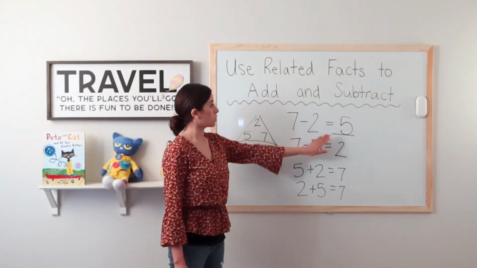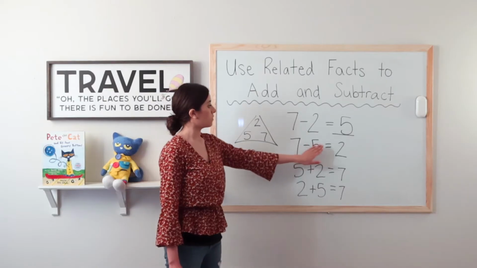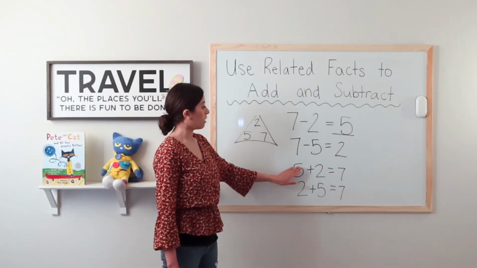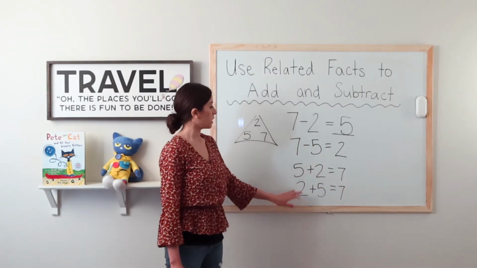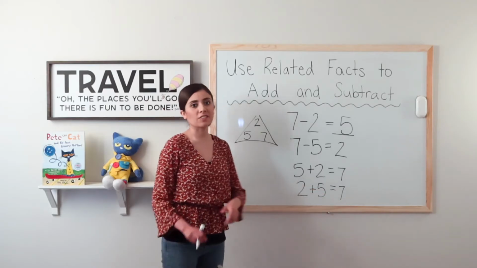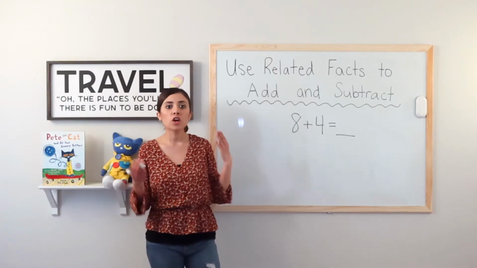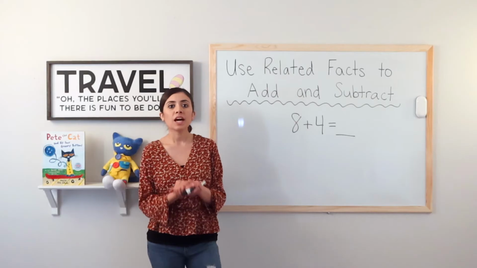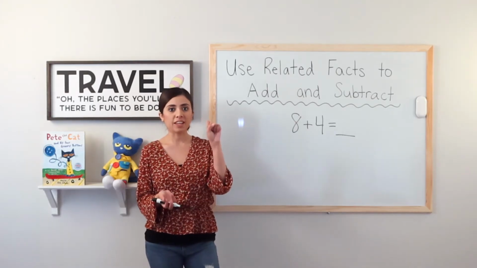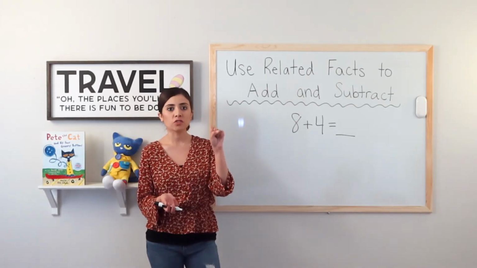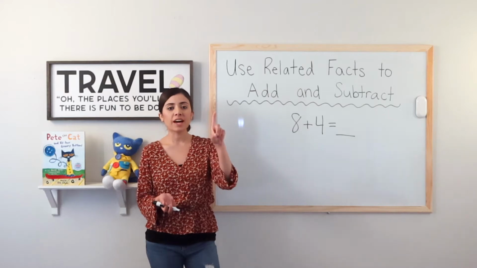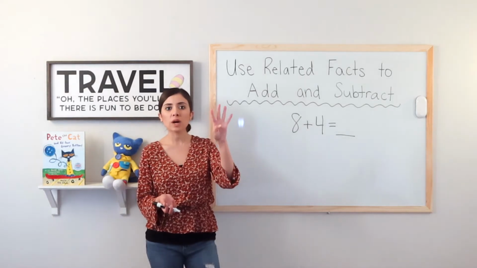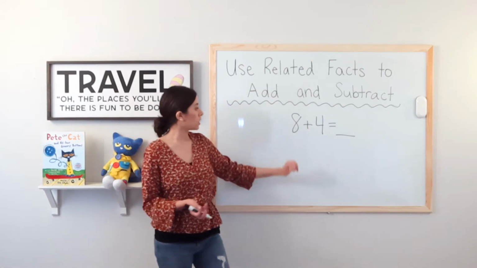7 minus 2 equals 5, 7 minus 5 equals 2, 5 plus 2 equals 7, and 2 plus 5 equals 7. 8 plus 4. What is 8 plus 4? I will go ahead and hold a fist and say 8 and jump up 4 fingers. Ready? 8, 9, 10, 11, 12. 8 plus 4 equals